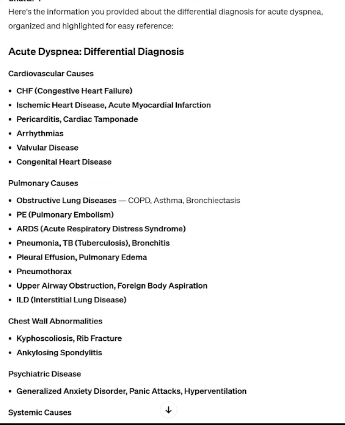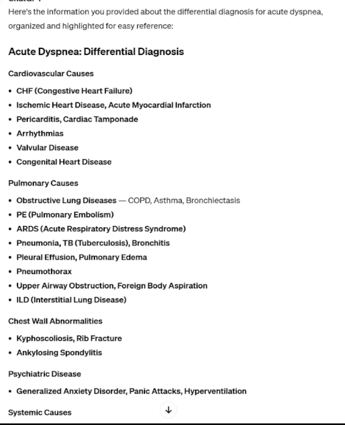Acute dyspnea, differential diagnosis. Cardiovascular causes: congestive heart failure, ischemic heart disease, acute myocardial infarction, pericarditis, cardiac tamponade, arrhythmias, valvular disease, congenital heart disease. Pulmonary causes: obstructive lung diseases, COPD, asthma, bronchiectasis, PE (pulmonary embolism), ARDS (acute respiratory distress syndrome), pneumonia, TB (tuberculosis), bronchitis,